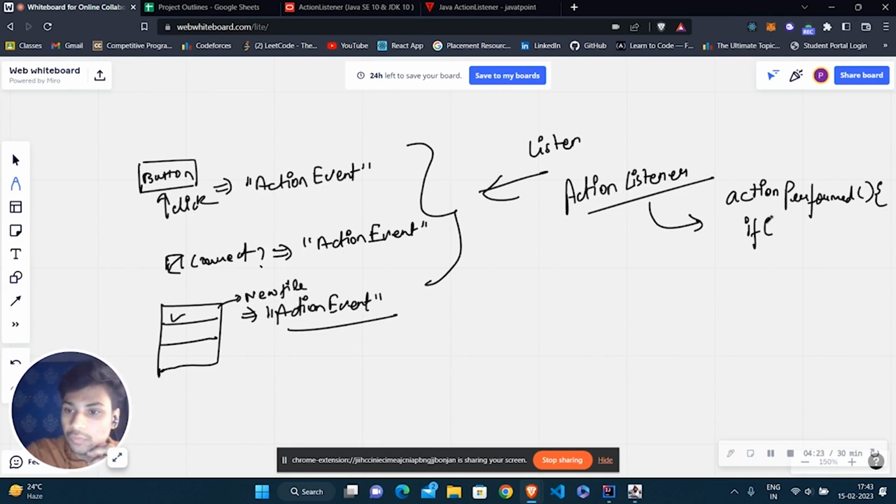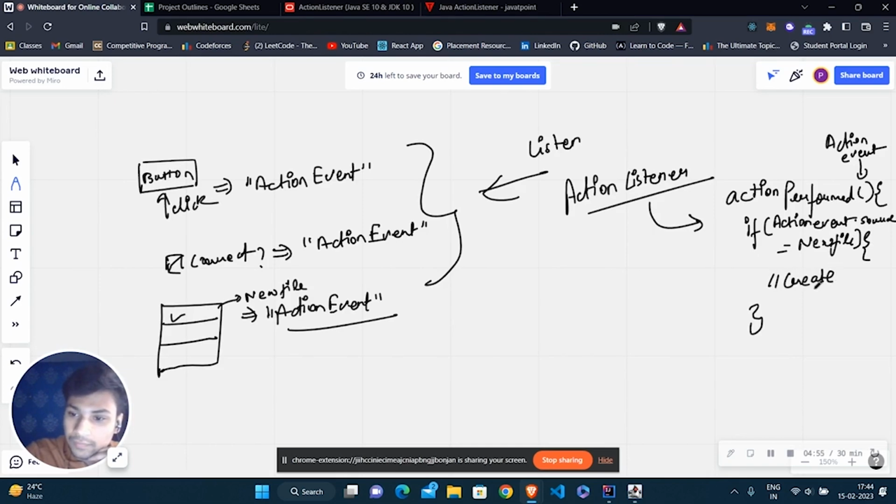In this method we pass the action event as a parameter. If the source of this action event equals the new file menu item, then we have to create a new file, correct?